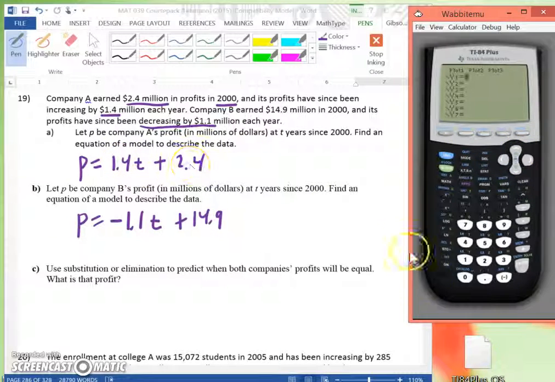So we could just substitute in these values. So we have 1.4 x plus 2.4. Press enter. Then we will have a negative 1.1